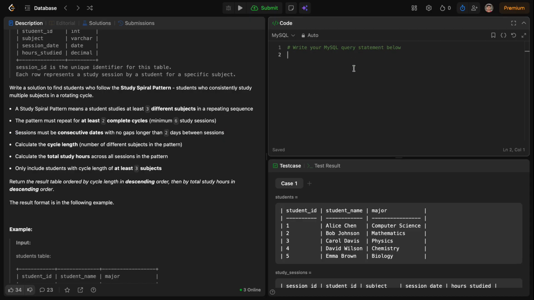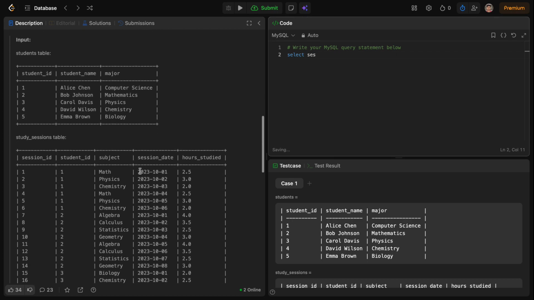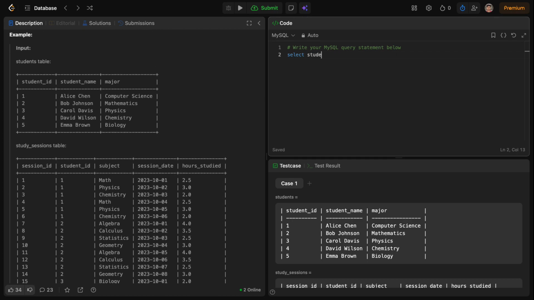Let's start with this. So select the student ID, subject, session date, hours